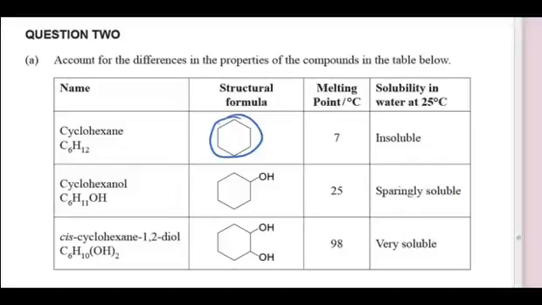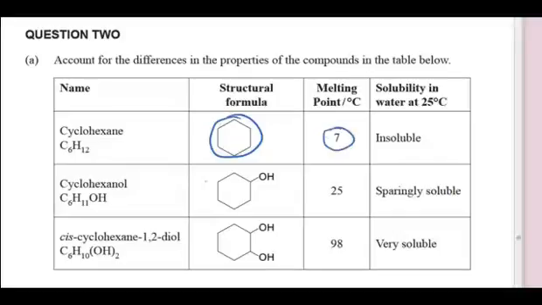Obviously that's a ring structure and it's only got carbons and hydrogen, so we'd expect this to be a non-polar molecule, and the only way that this one could bond would be through induced or rather temporary dipole bonding, or instantaneous dipoles, or dispersion forces. It's known by a number of ways, and the bigger the electron cloud, the bigger the molar mass, in other words, the stronger the bond. So this is the weakest form of bonding, and it's not that strong,